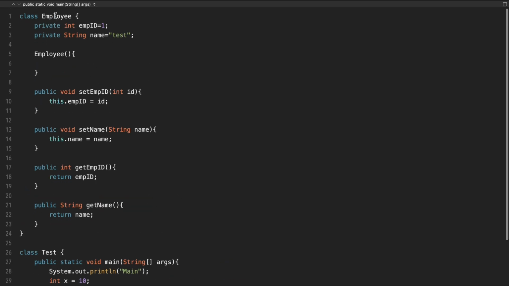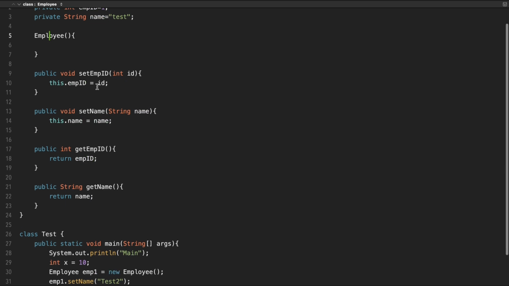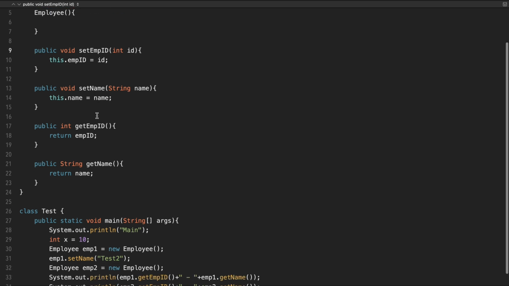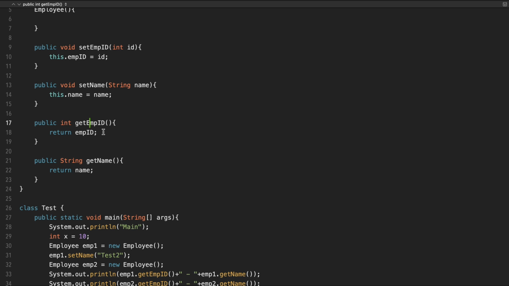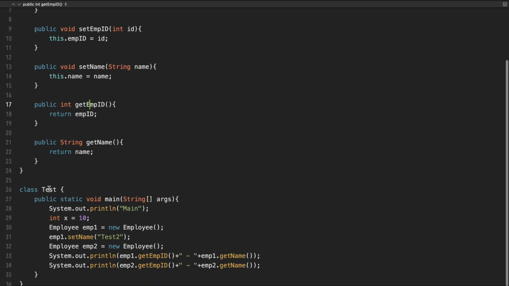One is the Employee class with the default value employee ID as 1 and name as test, with the default constructor, two setter methods for setting employee ID and name, and two getter methods for getting employee ID and name. Then I have also created one Test class which has the main method and one print statement to check if the program